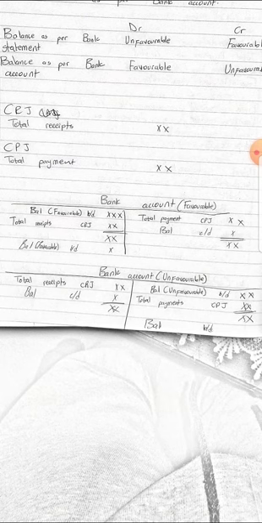Okay, total receipt which you have calculated up there, and then on the credit side you'll be having total payment. This one, guys, is for favorable, when it is favorable, and then you'll be having total payment CPJ, and then balance closing. This is the balance brought down. Then this one is for closing.